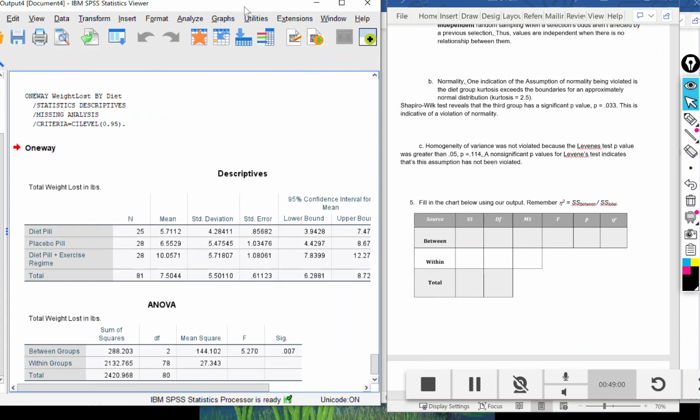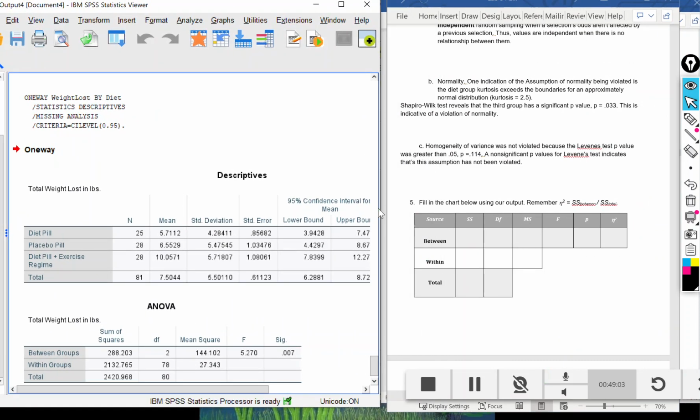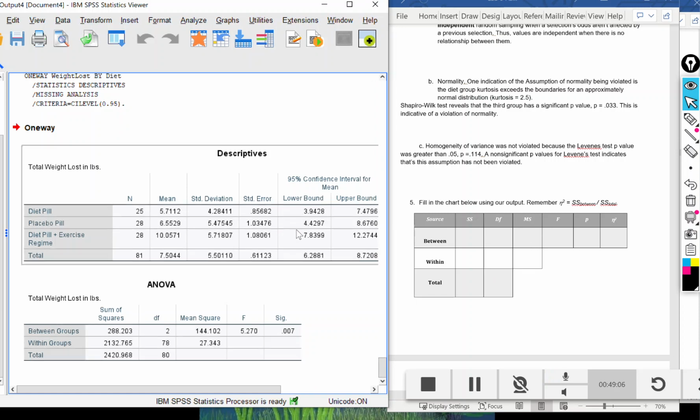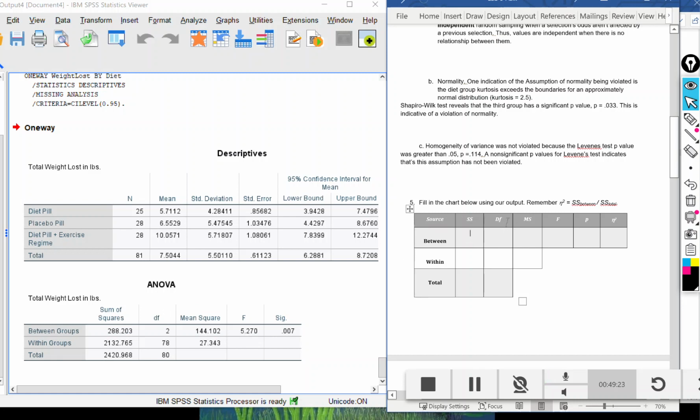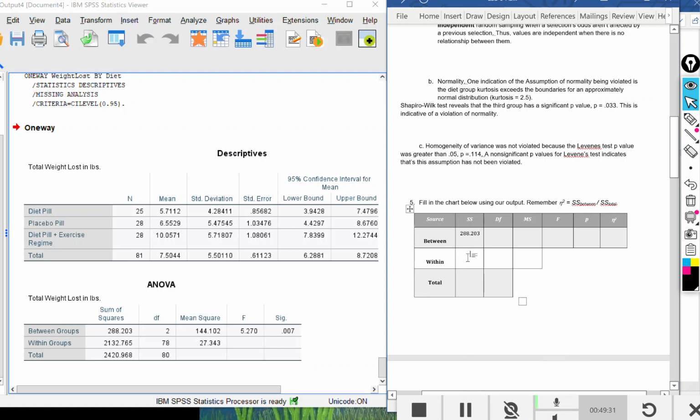This table represents this table right here. So, not this table, but actually this table. So it conveniently puts the sum of squares down, gives us the degrees of freedom, the mean square, F ratio, and then the significance value. And what we can do is just go ahead and fill that out: 288.203, and then go into here to 2132.6, 477, and then this one is going to be